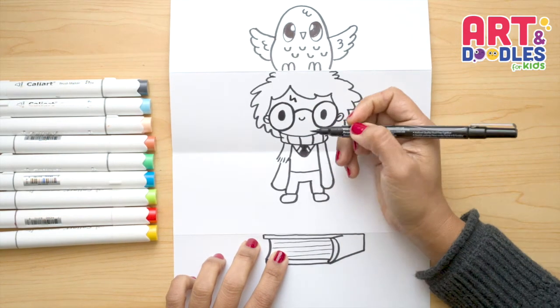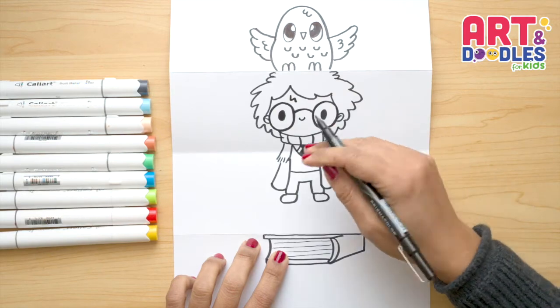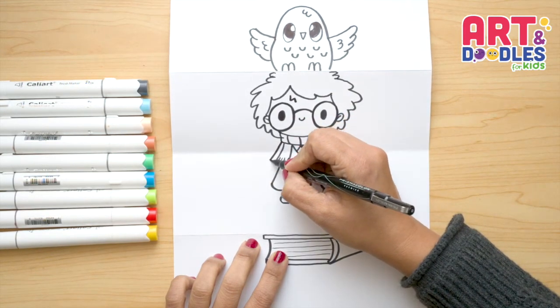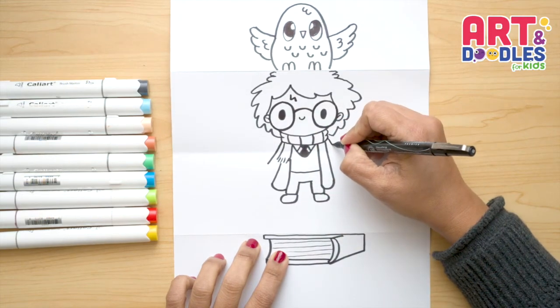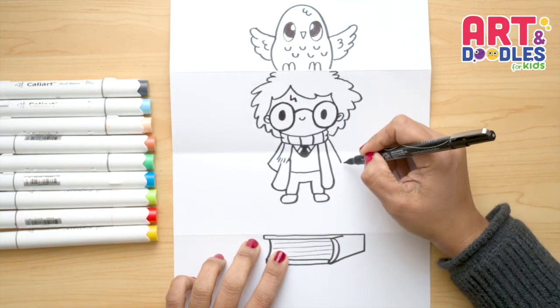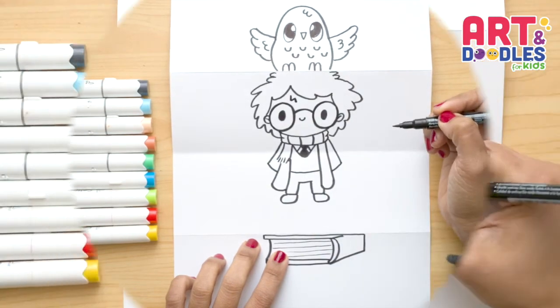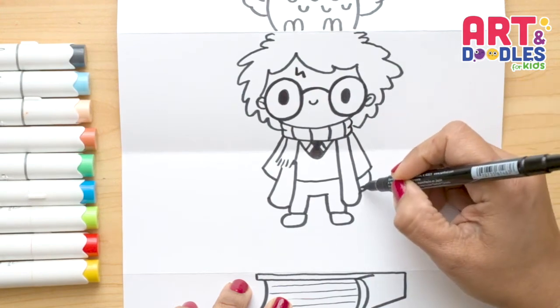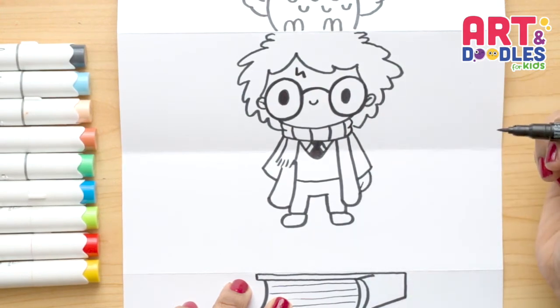The last thing is gonna be the arms. We're gonna do here first on the left side. We're gonna go from this corner down, from this corner down, and let's join them here with the suit with a curve. This hand is just gonna be a curve, and we're gonna put a line inside,